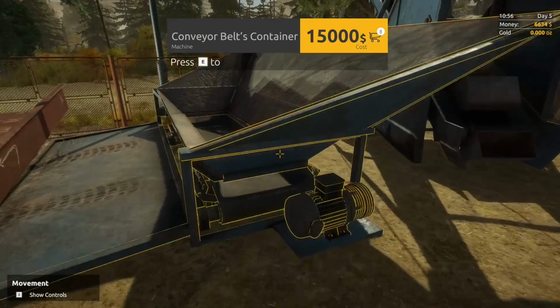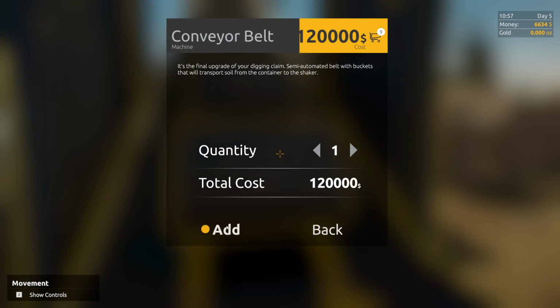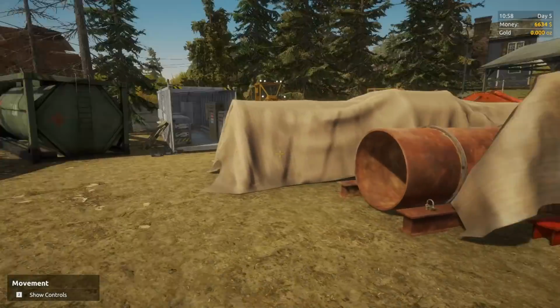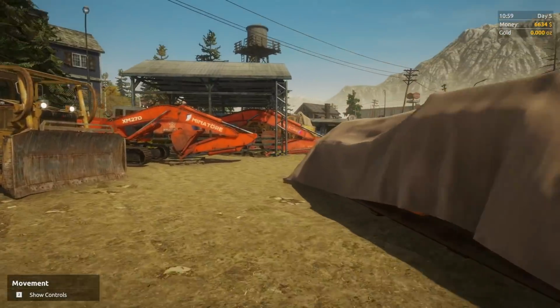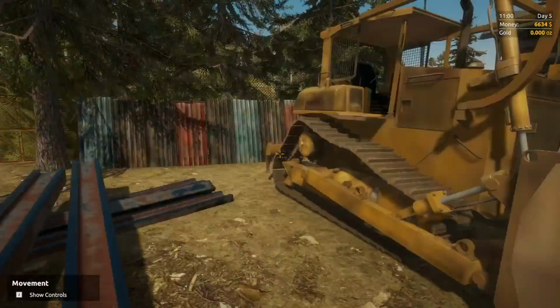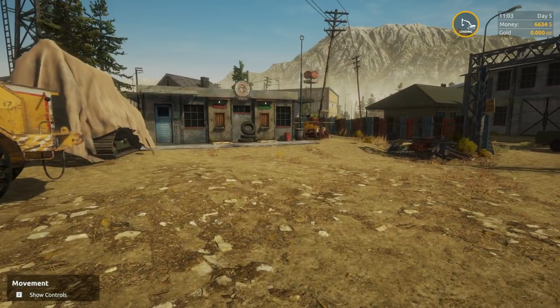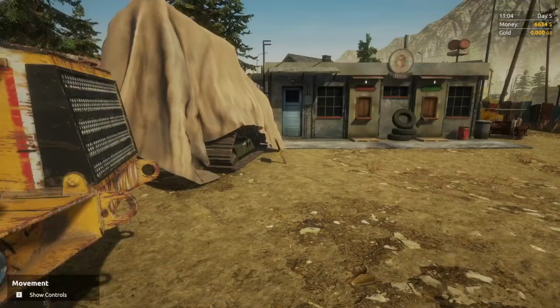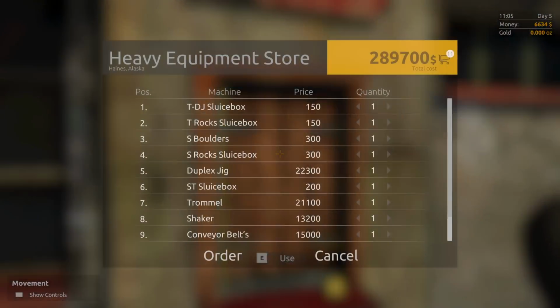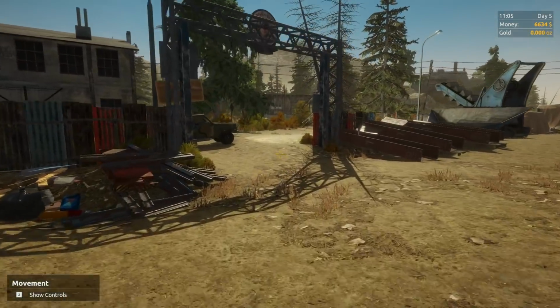Above and beyond that, if you want to go all out, you're going to need one of these. One of these, and last but not least, minimally, now you can use your small excavator, but you really need a front end loader because the bucket is just that much bigger. So now let's look and see how much money you're really going to need to get going, and then eventually you can advance up to the dump truck, but this is really to get you in there. So right there, $289,700, so almost $300,000 to get you to the point where you're really going to be dumping a lot of gold,